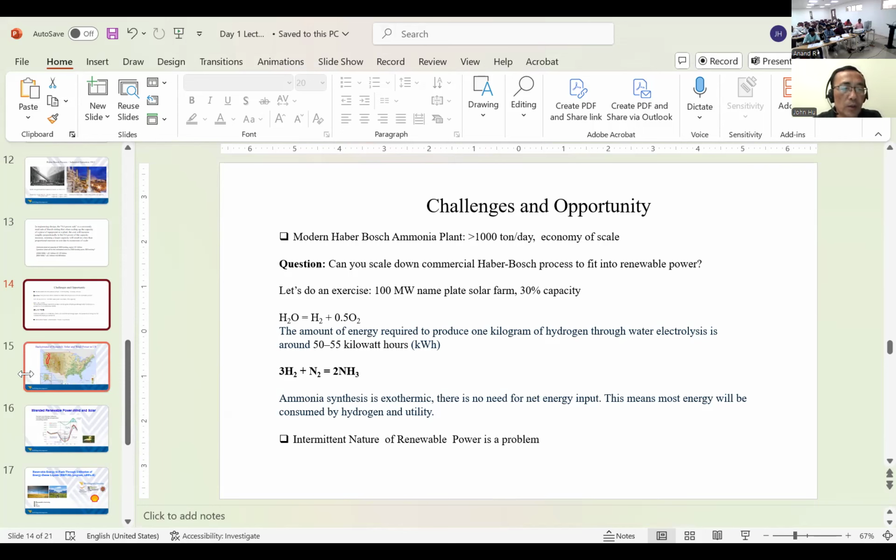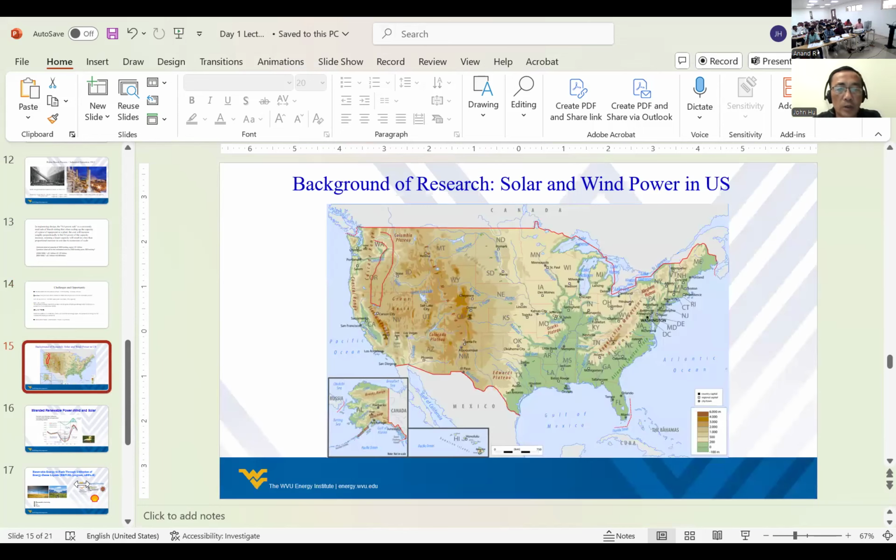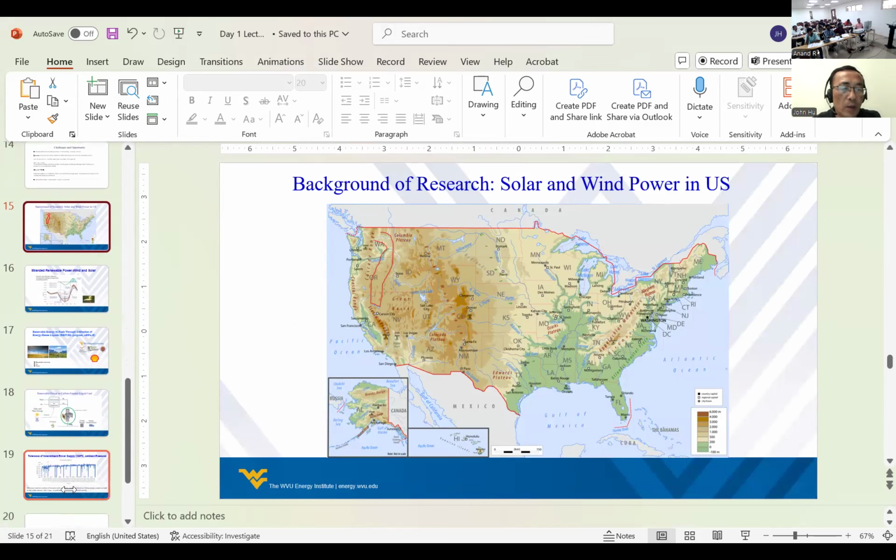Talking about the new technology, solar and wind. So this is a little background. I'm going to show you why we in the United States basically started the microwave and plasma ammonia synthesis. Here's the background. If you look at the map of the United States, and then look at my circle